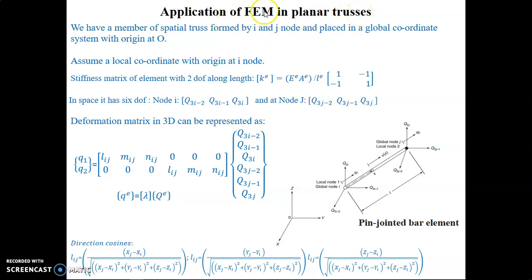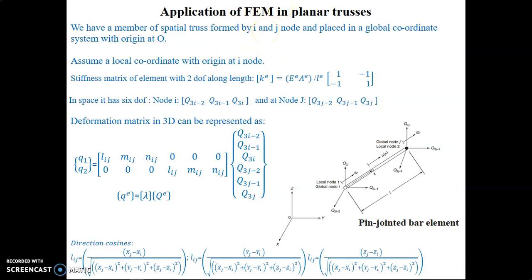So how are we going to obtain the finite element solution? First, we will be discretizing the entire truss structure into a specific number of elements, or you can say members. After that, we are going to obtain the elemental equation for each member or each element of the truss. How are we going to obtain the elemental equations? We can use the direct method, the variational approach or the weighted residual approach.